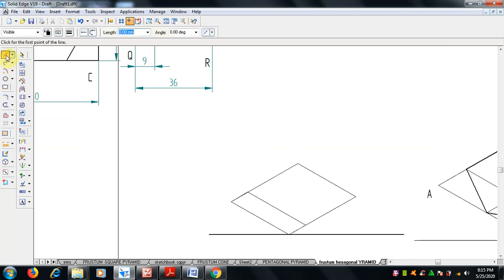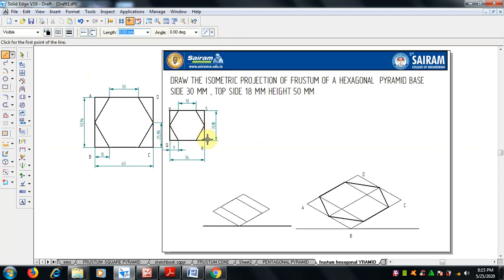Let me draw a line from this end point, 18 length at an angle of 30 degrees, and here 18 at an angle of 30 degrees. So now we will get the parallel. And now the corner points. So see here what it is given, 31.18, isn't it? The mid of the 31.18, you will get it exactly. Okay, or else we can measure this as here what we did.